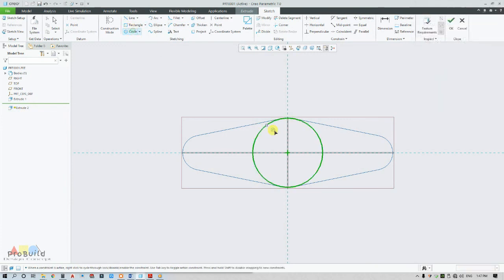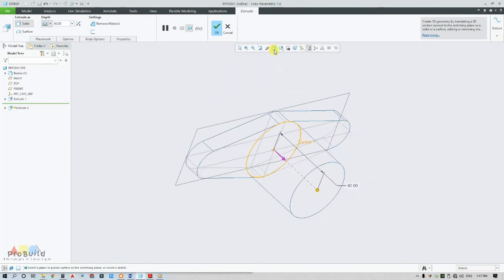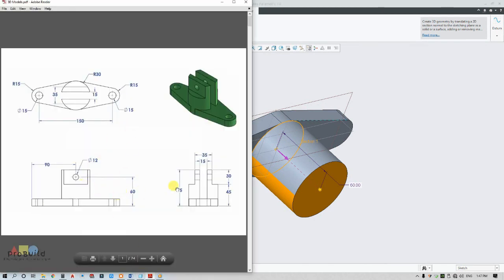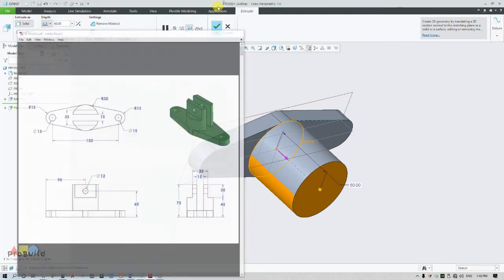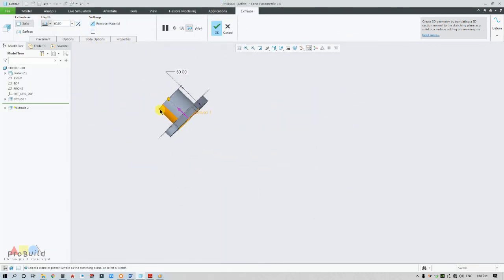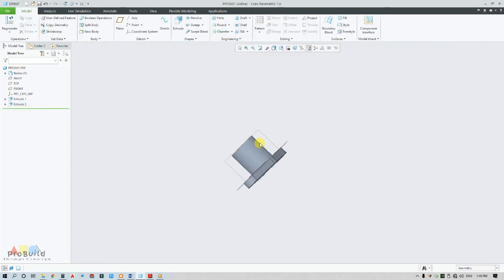I'm going to draw a circle of the same 60 radius. Then I'm going to extrude this for 75, and as you can see, from the bottom it is 75. Now I'm going to change this to the opposite direction so that it starts from the base and my length is 75. Okay,